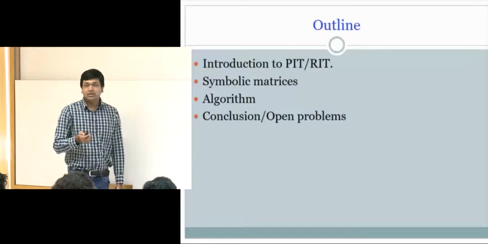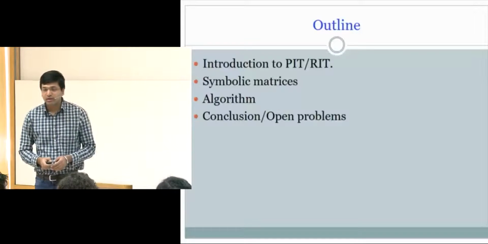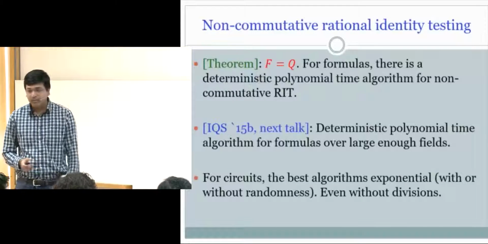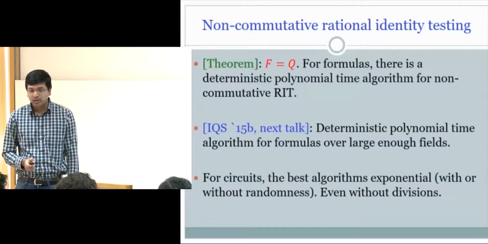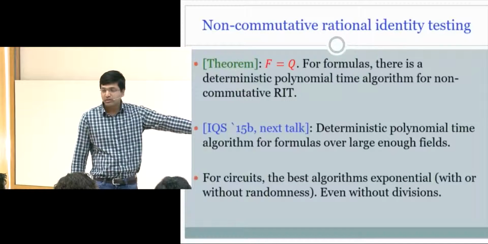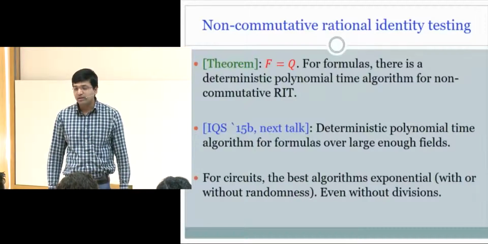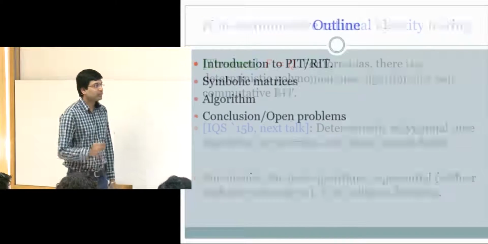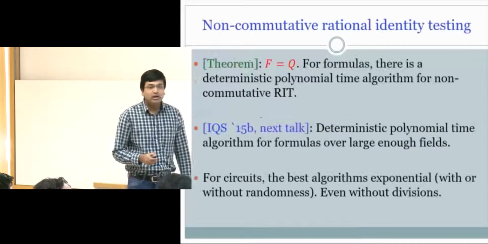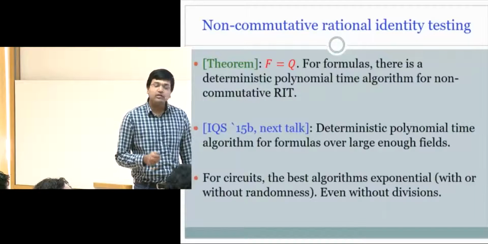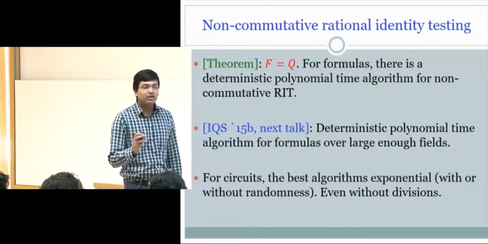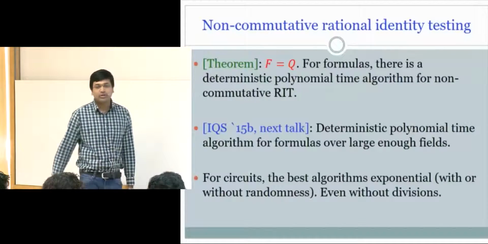Are there any questions? Did you say that there is a degree part? The randomized algorithm is for circuits? Yes, but if you don't bound the degree of the polynomial, then still it's exponential. If you bound the degree with a polynomial, even then it's randomized. But if you don't bound the degree, even a randomized polynomial time algorithm is not known.